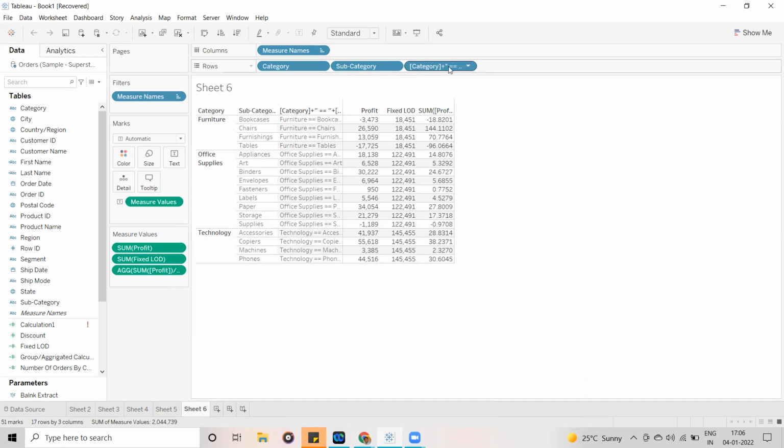It is available only to that particular sheet; it is not a reusable field. You can create it by double clicking in the rows shelf, columns shelf, or marks card. You can create it in these three areas.